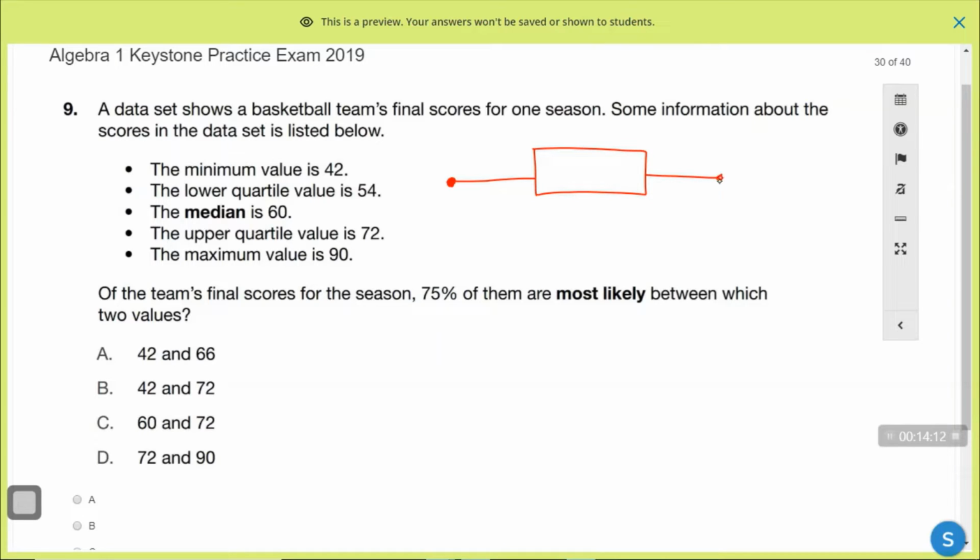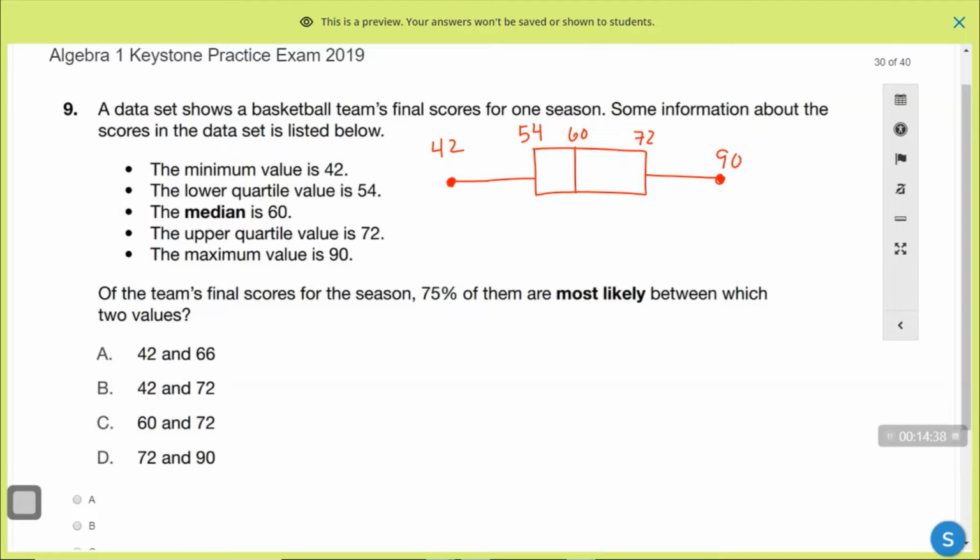All right, I've got my box and my whiskers. And I see my minimum value they said was 42. My lower quartile was 54. My median was 60, and my upper quartile 72, and my maximum value was 90. And now they say of the team's final scores for the season, 75% of them are most likely to be between which